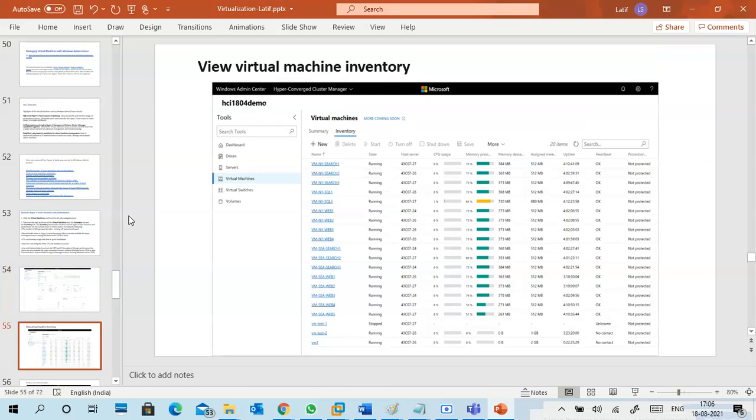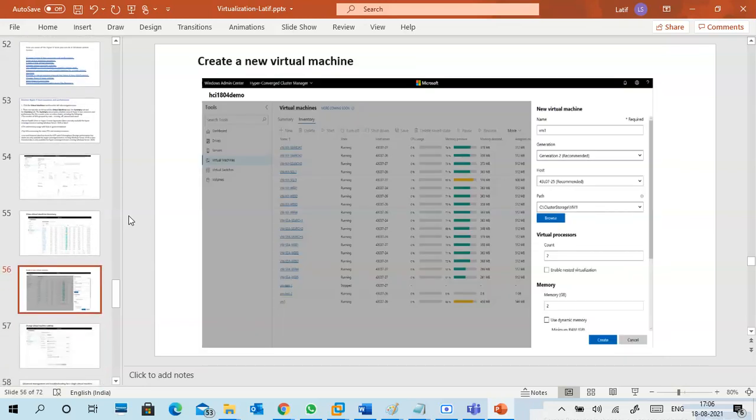So this is a machine inventory. So you have multiple machines. Already I told you, if you have a data center, 1024 virtual machines we can run at a time, depending upon your RAM and disk processing capacity. Unlimited virtual machines we can create also. But if it is running, we can see how much CPU it is consuming, how much RAM it is consuming, what the assigned memory is, and whether it is running or not.